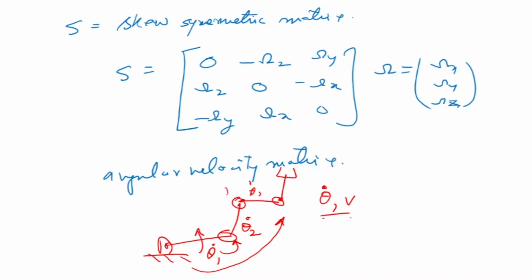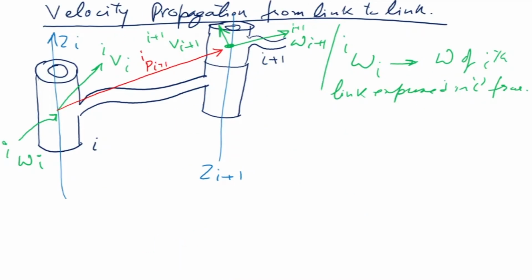There are two velocities, linear and angular, which move from one link to another, and we are trying to analyze the relationship between the velocities moving from one link to another, so that when the manipulator is moving, we know exactly how the velocities are propagating from one link to another. Now let's look at the two equations. The first equation is the angular velocity omega i plus 1, i plus 1. I have explained the meaning of i plus 1, i plus 1. It means the angular velocity of the frame i plus 1 expressed, this is the link and that is the frame.